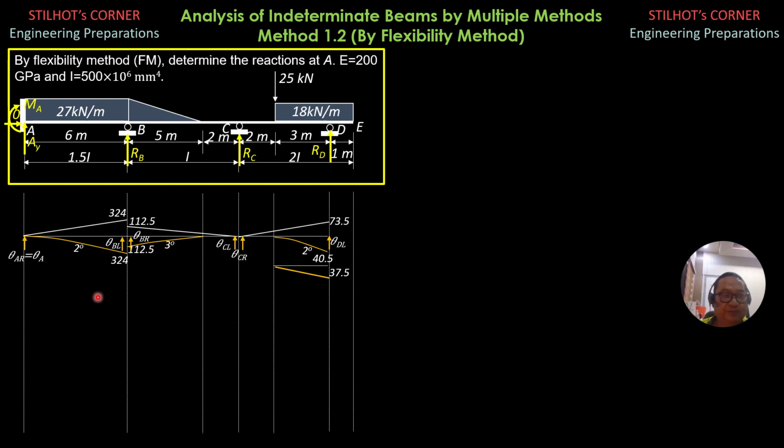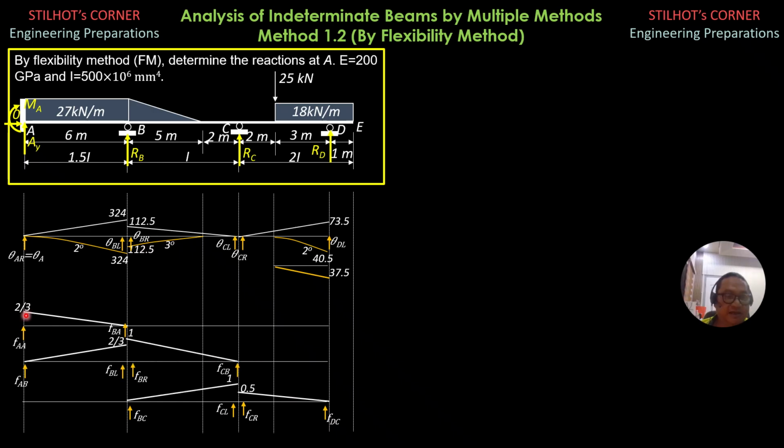Then due to the couple, unit couple, so selecting A as the moment center, take note that we apply a couple, to the left counterclockwise, to the right clockwise, unit couple, but there's no segment on this left end, so we have only due to this unit couple, the reaction at the right would be reaction times 6 equals unit couple 1, so 1 over 6, and 1 over 6 times 6 is still 1. Then 1 over EI divided by moment of inertia, which is 1.5, is 2/3. So I hope you understood that.